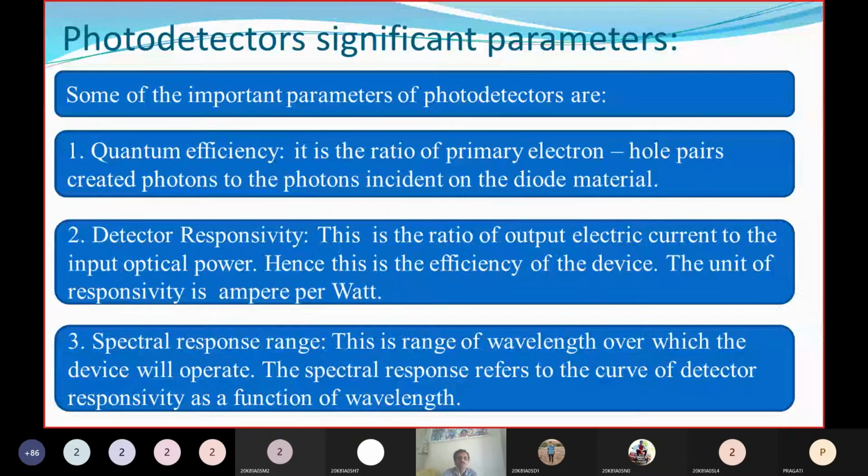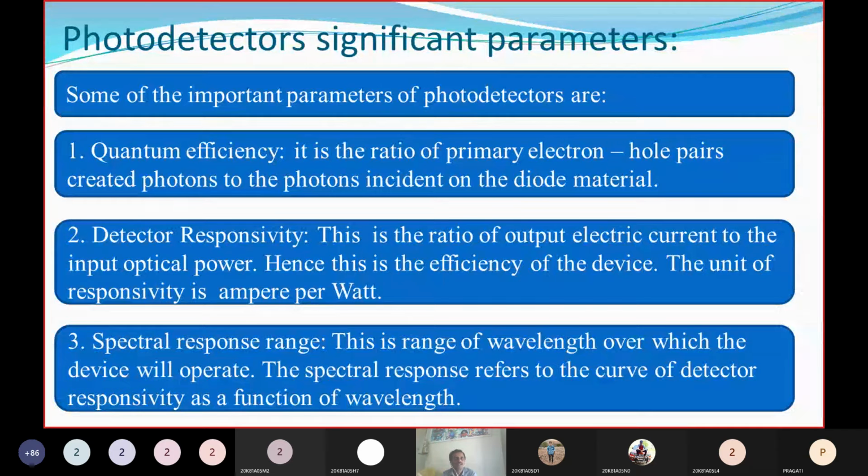It depends on this curve of spectral response versus wavelength. So we can say which wavelength is incident on the photodetector. That is the spectral response range. By using it, we know in which wavelength region the photodetector works. Some photodetectors work in particular regions. If you use that photodetector in another region, it will not work,